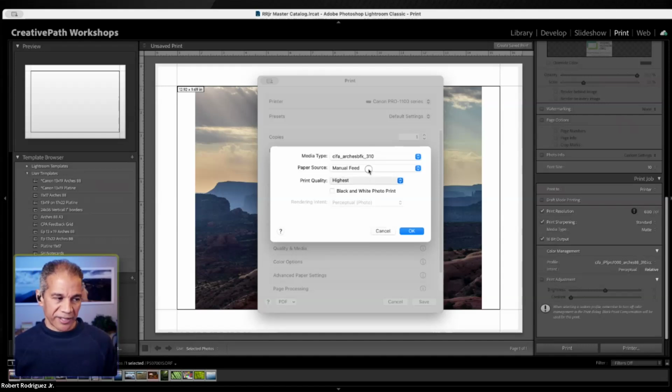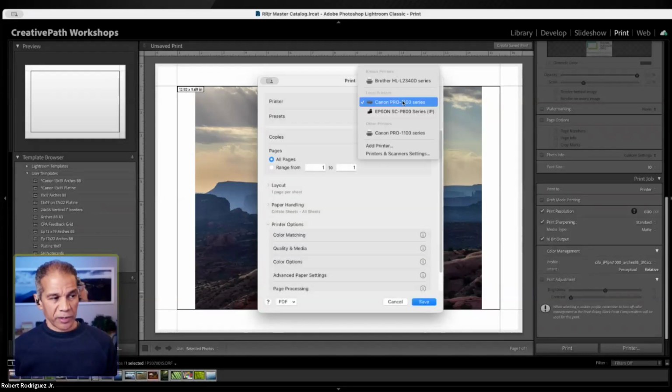Print quality, of course, you can set this to highest. That just means you're going to get the best quality out of the printer, and I can choose my feed, whether it's the back of the printer or the top. For matte papers, you want to use the manual feed. That's what Canon recommends. Now, if I switch to an Epson printer here,